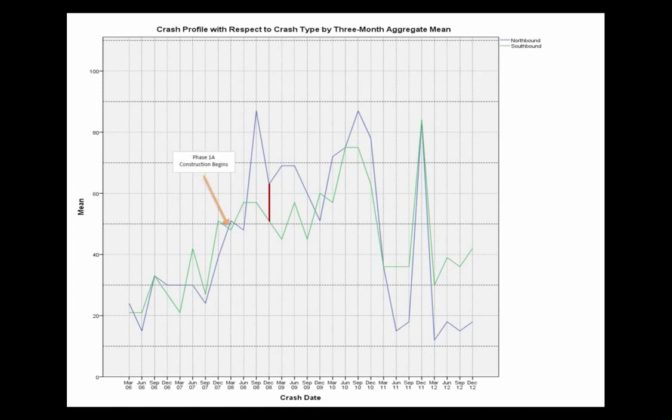As construction started, you have an increase in the northbound lanes, which is what happened in phase 1A. But then in phase 1B, when the southbound construction started, those crashes really don't have the same spikes the northbound did. So what I might attribute this to is, why are people traveling to Miami? Well, in the morning they're likely coming to work, and in the afternoon they're probably leaving for work. So maybe this was a change in driver behavior during those peak periods,